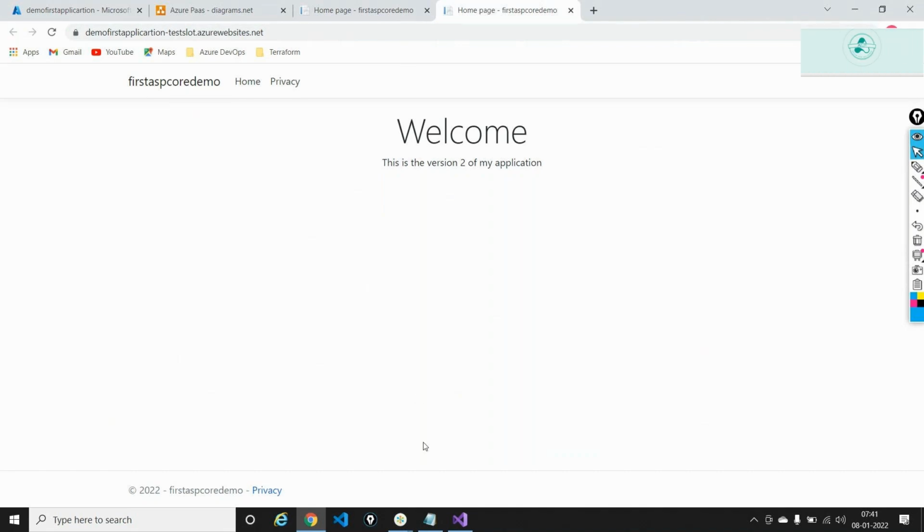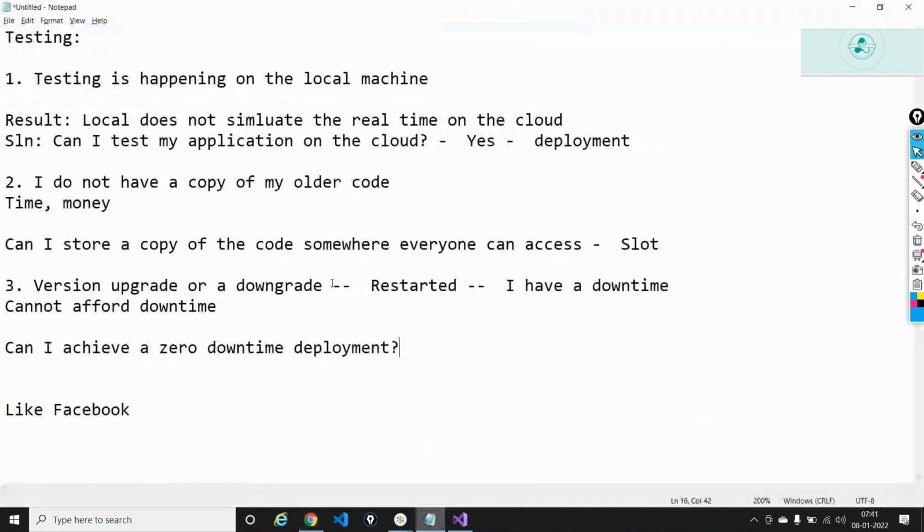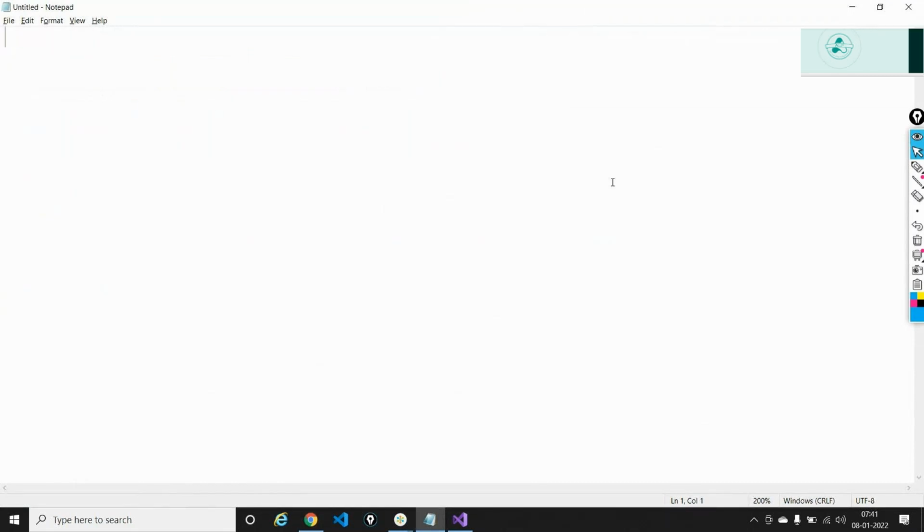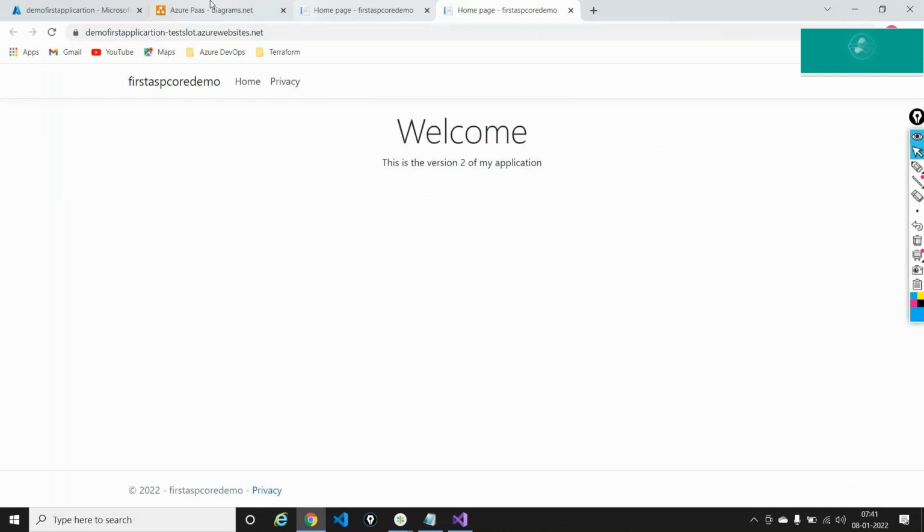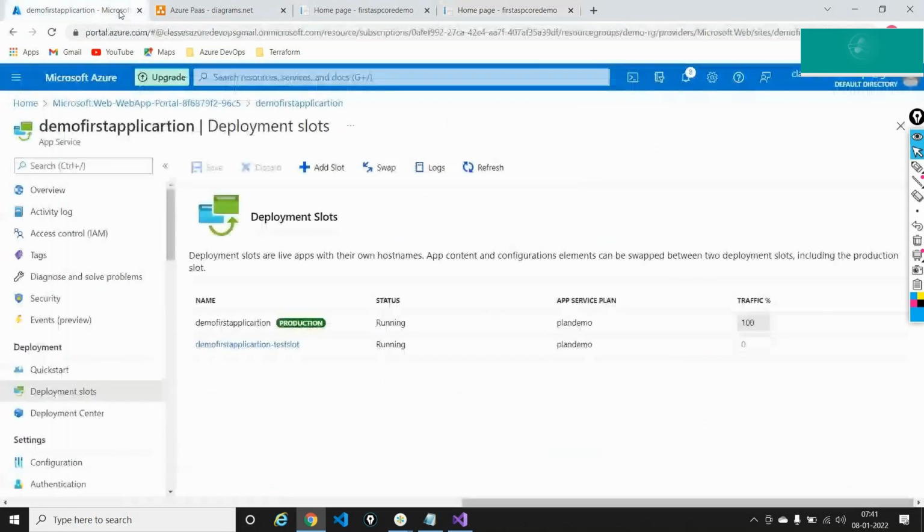So the question here was, what if I have multiple versions of my applications, meaning I have version 1, 2, 3, 4, 5, 6, or multiple test case scenarios out here. You can have multiple slots, meaning I'm not restricted to one slot.